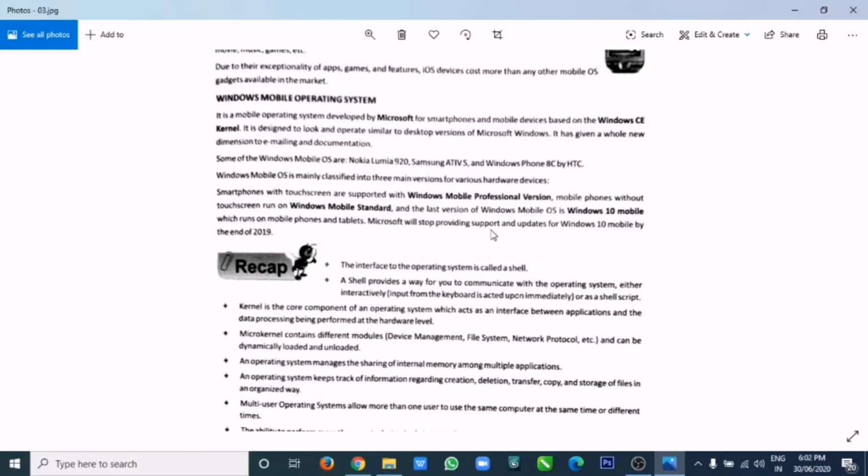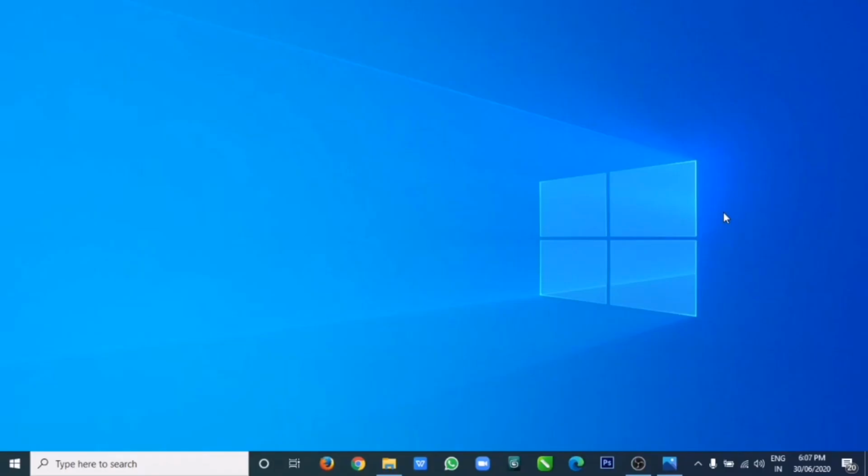So here we have finished the types of operating systems, the common operating systems which we use in our day-to-day life. We discussed those applications and operating systems. So that's all for today's lesson. Make notes of whatever you studied today, and update yourself. Prepare yourself from the beginning, so that when the school reopens, everything will be ready by that time, right? So all the very best, and take good care of yourself.